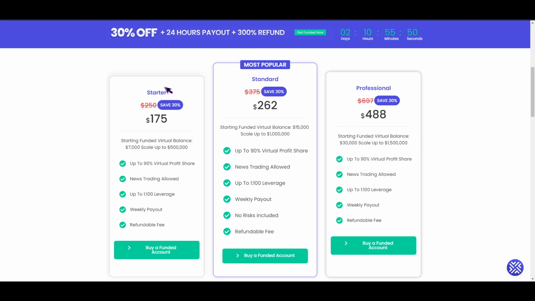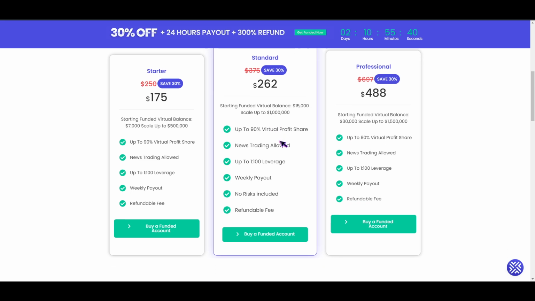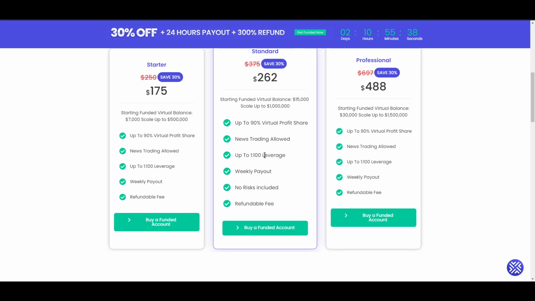Now let's talk about the Origin plans first. As you can see, from Starter, Standard, to Professional, the price differs, obviously: $175 for Starter, $262 for Standard, and then $488 for Professional. When you scroll a bit lower, you will see that they have almost the same rules. If you watch my previous video, as far as I know, the rules are almost the same for all of these three plans. Now, as you can see, up to 90% virtual profit share is available